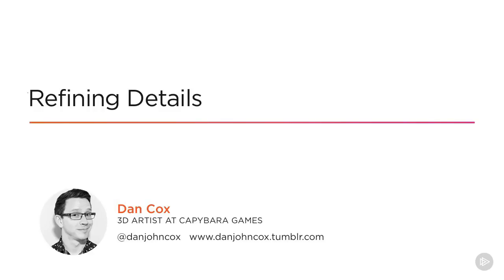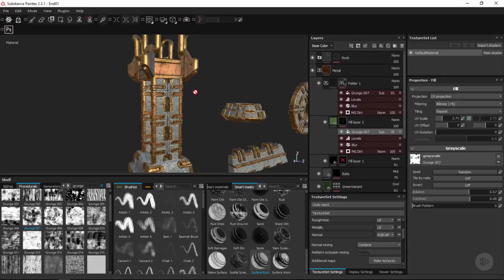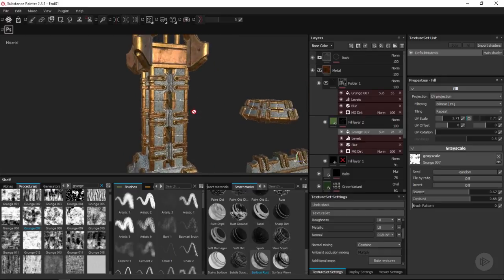Hi everybody. In this module, we're going to be looking at how we can create a little bit more variation with some hand-painted work so that we can start to really get in depth on the kind of details that we want to add in and get a lot more control than we had before. So let's get started. So you can see here we've got all of our textures basically ready to go, but